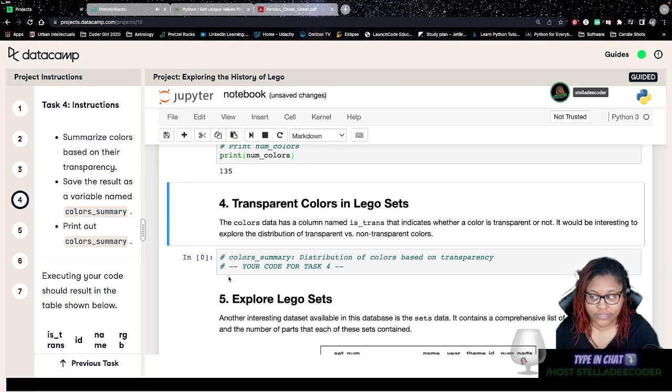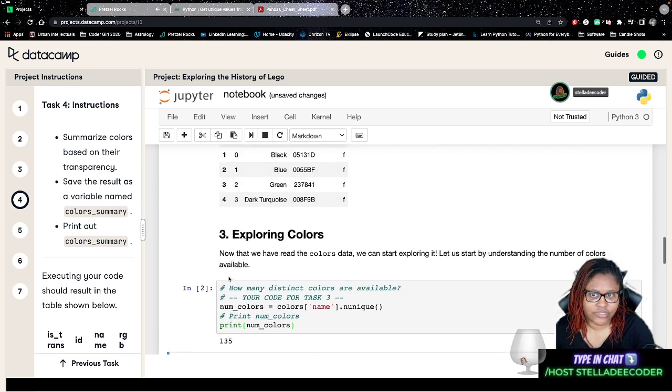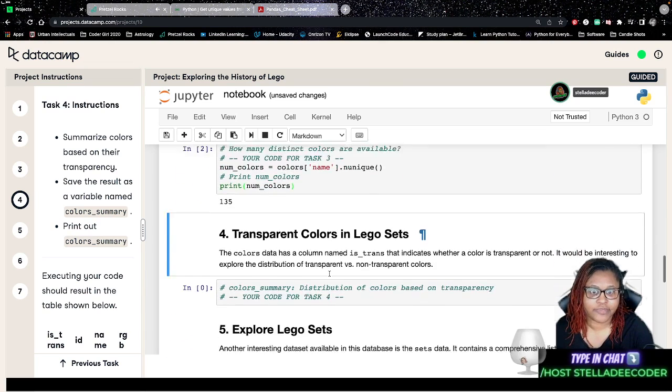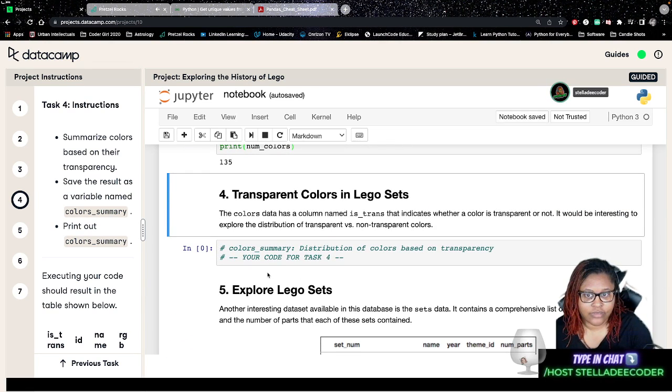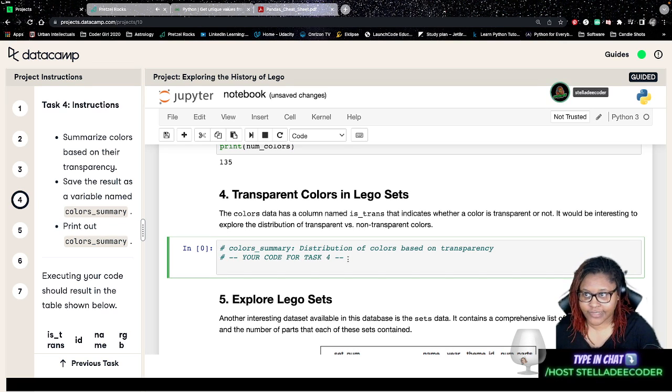Transparent colors in Lego sets. So the colors data has a column named is trans, which I figured meant transparent colors. The color data has a column named is underscore trans that indicates whether a color is transparent or not. It would be interesting to explore the distribution of transparent versus non-transparent colors. So it says summarize colors based on their transparency. Save the result as a variable named color summary. So color summary equals